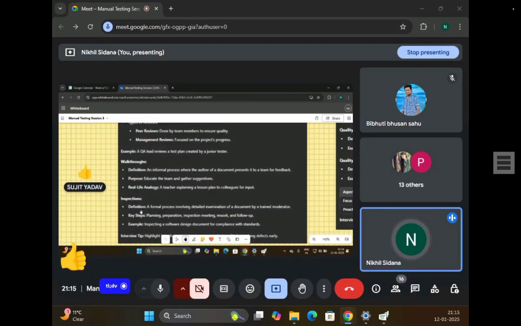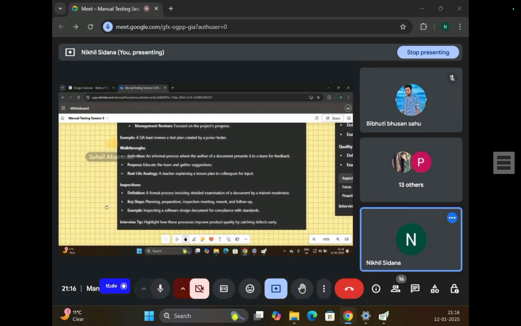Give me a thumbs up if you are okay with this. Please interrupt me if you want an explanation of these four to five words. I guess everyone is okay with this. This is an example: inspecting a software design document for compliance with standards.